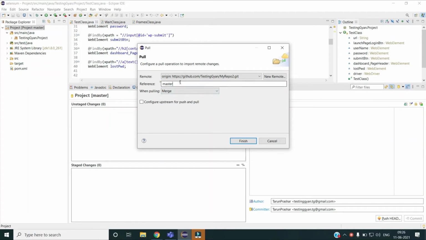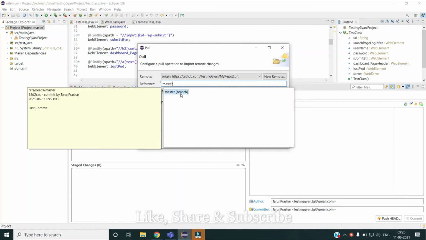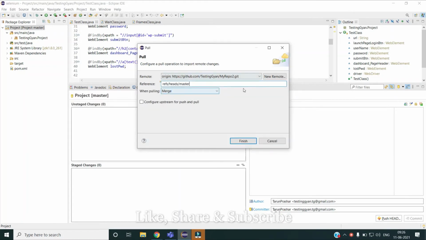Then you have to specify the branch name like test. Sorry, currently there is only master branch in my remote repository, so I have to give the master branch.